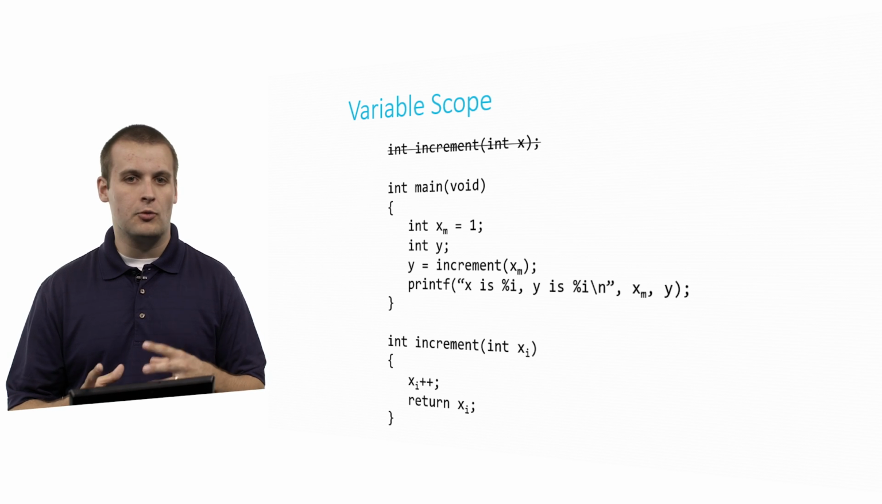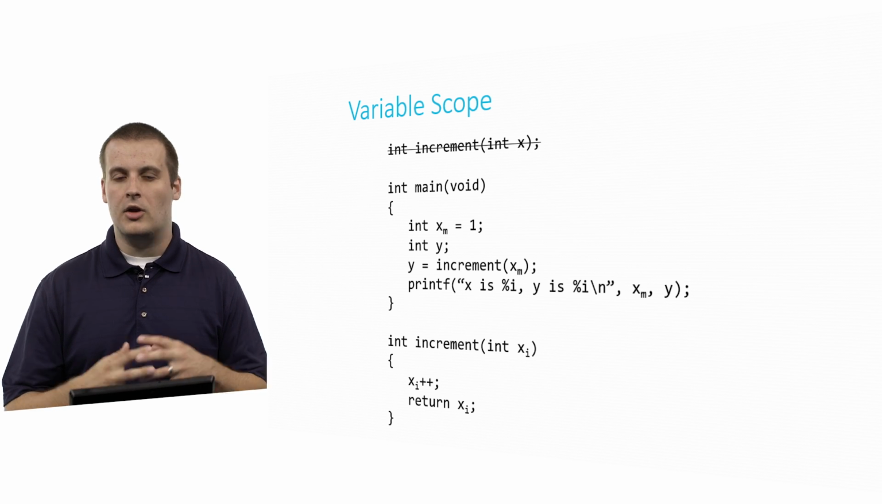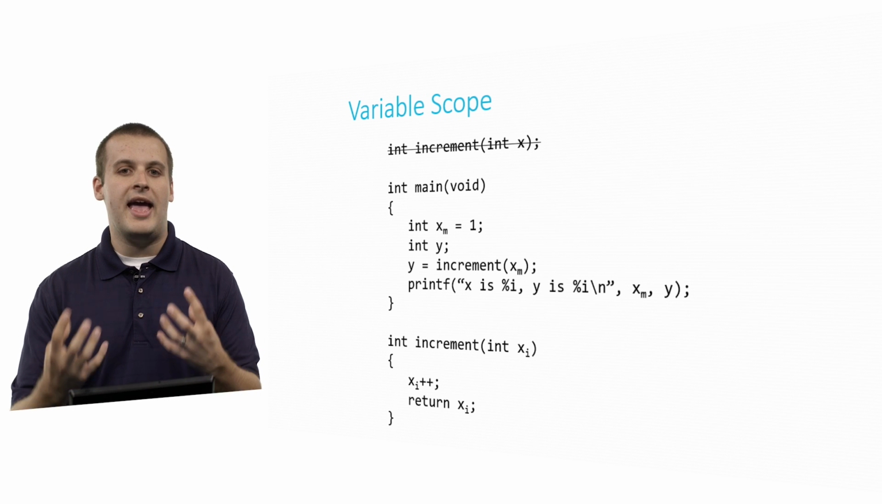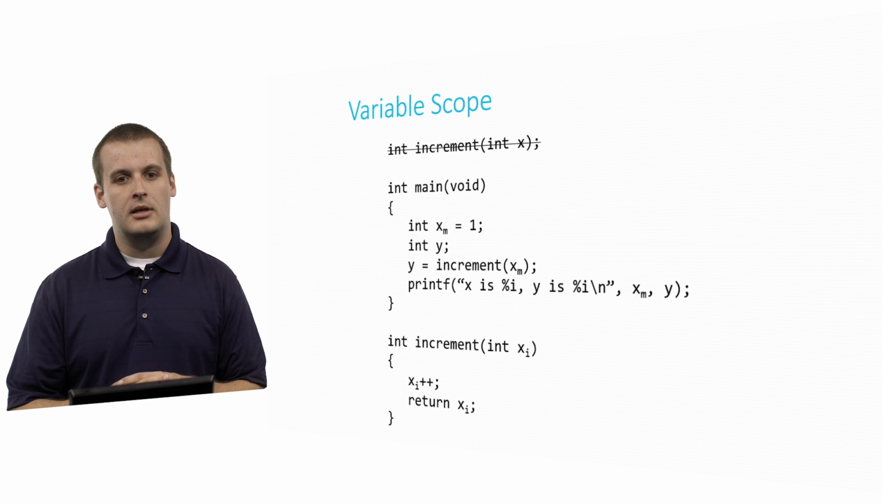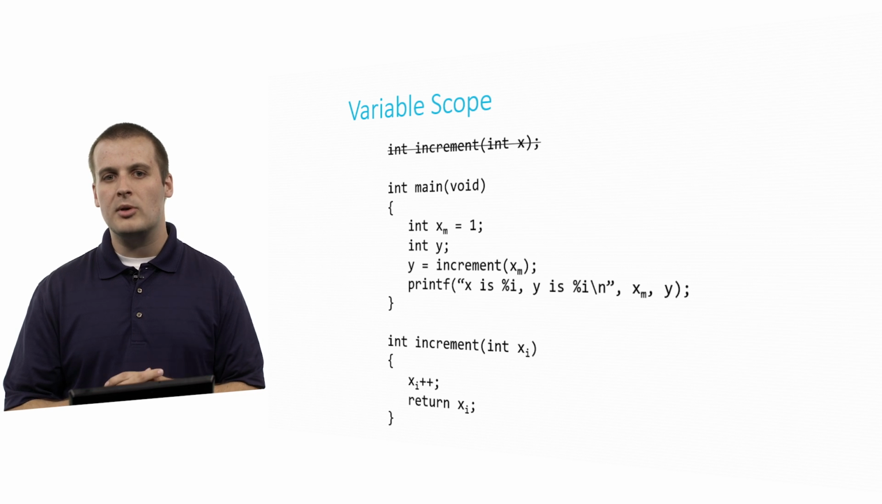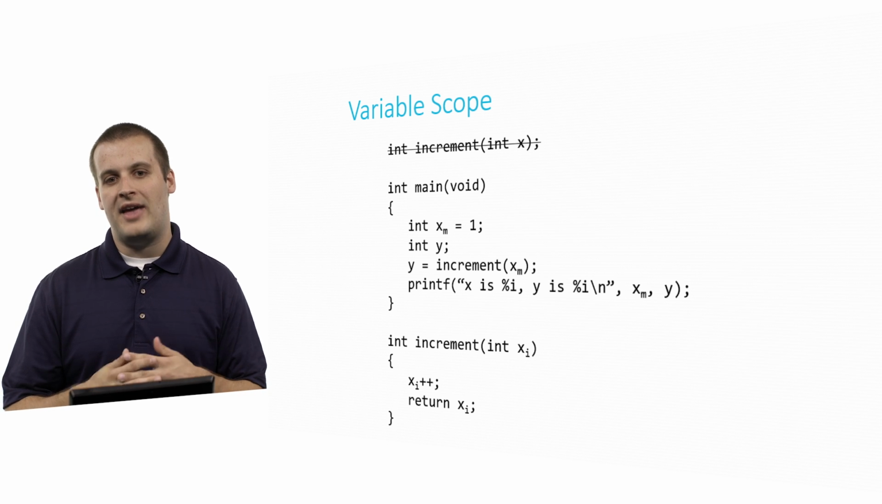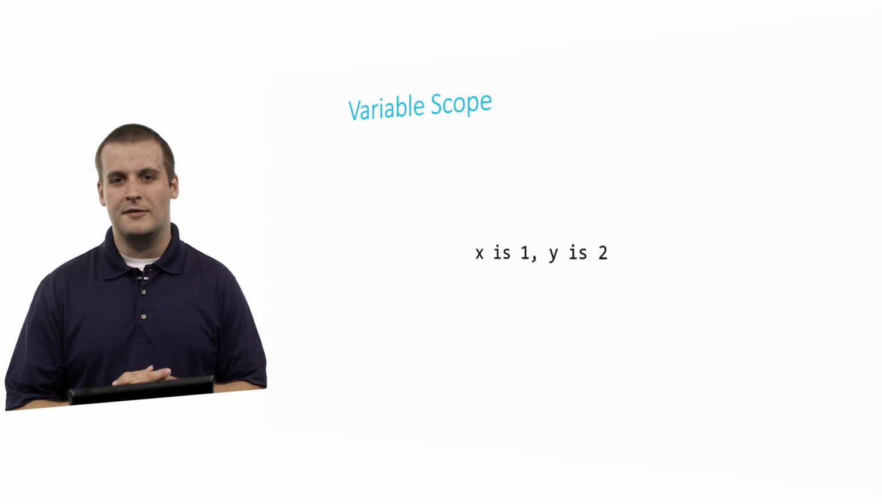x sub m, or the red x's in the previous slide, are the instances of x that are local to main. And x sub i, or the blue variables on the previous slide, are the instances of x that are local to increment. So, were you able to figure out what this function